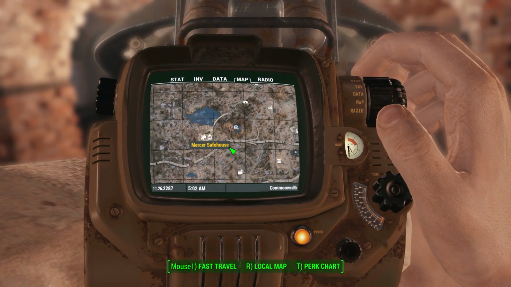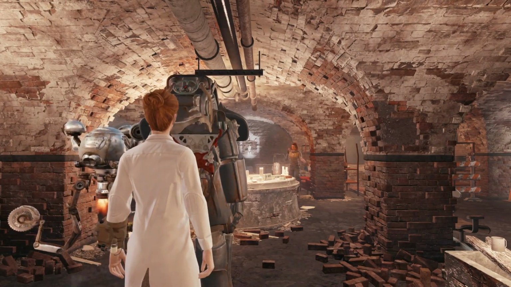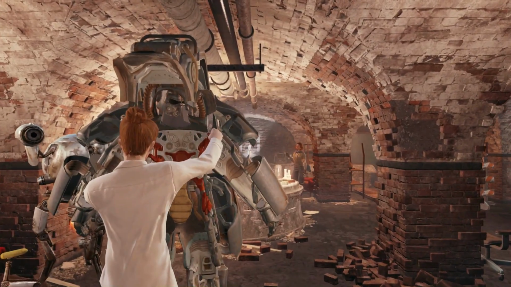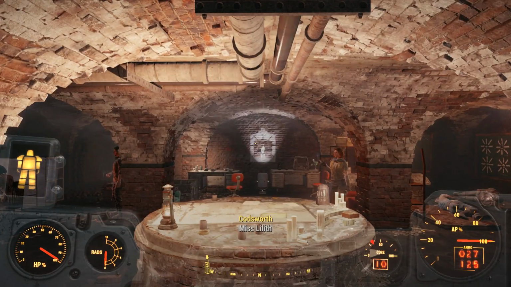All right, so we can fast travel to it. It's next to Walden Pond. Yeah, that's why I couldn't find it. It's like, where is this thing? So we go over there, we can start building it, and it's going to tell us what we need. I thought it was going to send us...